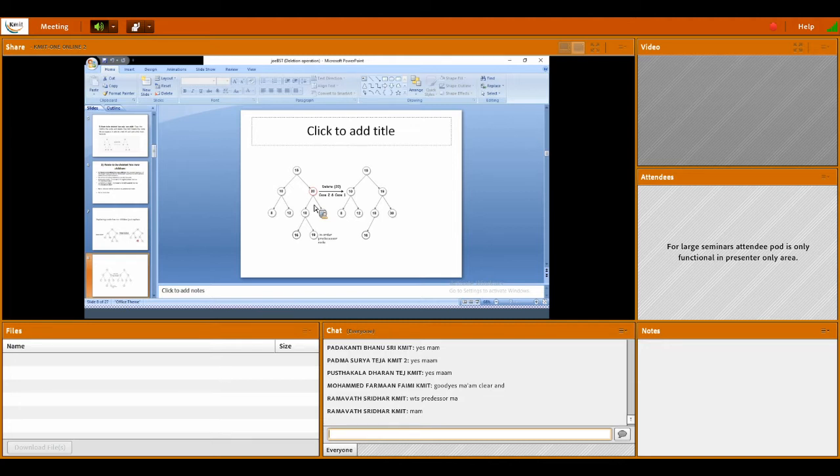To delete 20, 18, 16, 19 is the left subtree and 30 is the right tree for 18. From the left subtree, if I am using the predecessor concept, it means the maximum value. What is the maximum value here? 19. So take out 20 and replace it with 19.